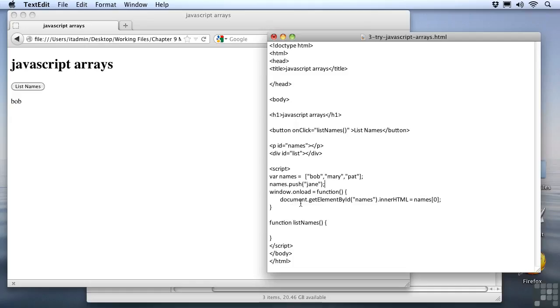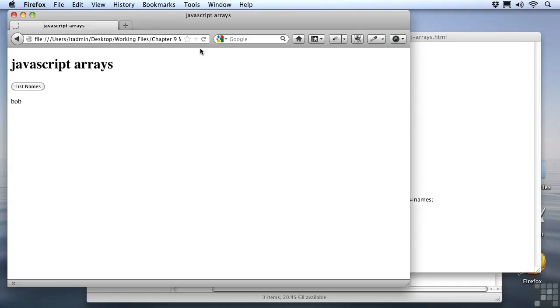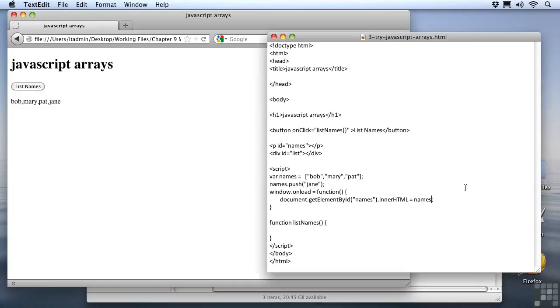And I'll modify my function down here so we go back to displaying all the names inside the array instead of just the first or second one. So I'll remove the square brackets. We'll save our changes. And when we go back up and refresh the page, you can see that when we display the array, we get all 4 names. So we have the original names that were added into the array, and you can see that Jane was pushed